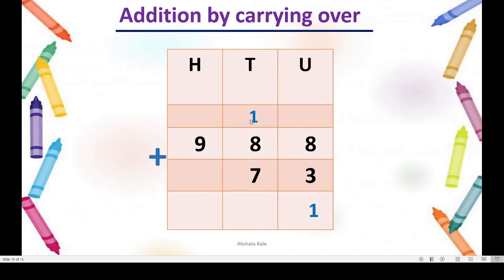Now simple here, see here 7 plus 1 is 8. 8 twos are 16. Isn't it? This is a shortcut method. Now 16 we will write here and again 1 we will move to hundreds place. Correct? Now 1 plus 9 is 10. I will write 10 here because we have not mentioned here thousands place. Isn't it? Units, tens, hundreds, then comes thousands place. It is not written, so I will write here only. Okay?